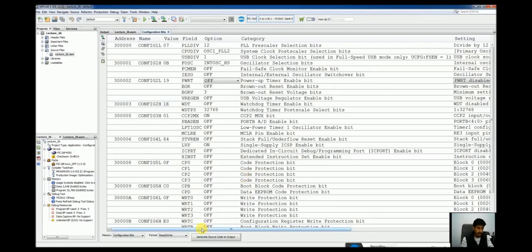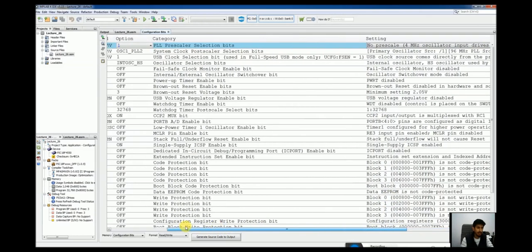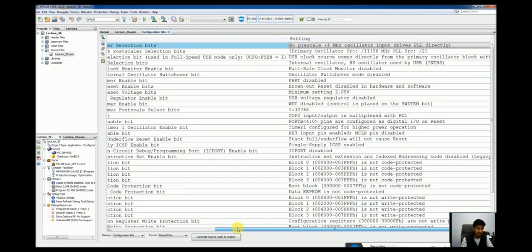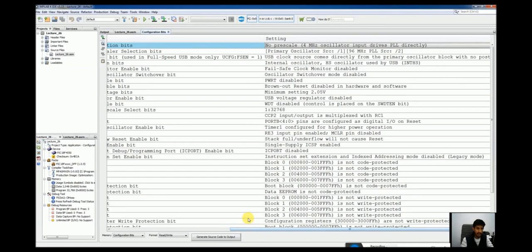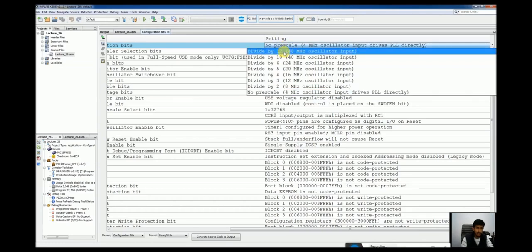Let's see once again the available configuration bit options we have in MPLAB X IDE. PLL, phase locked loop, is used to multiply our clock by a certain number. This works in a reverse manner. For example, if I choose this option, divide by 12, our clock will not be divided by 12.